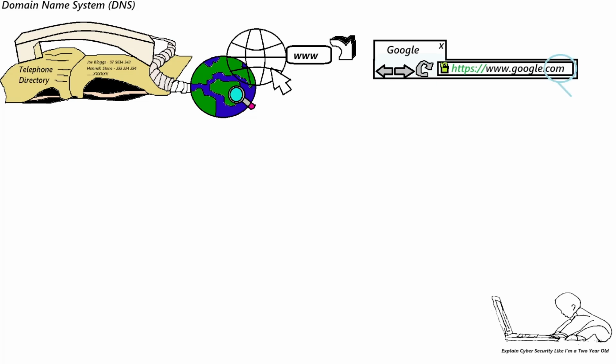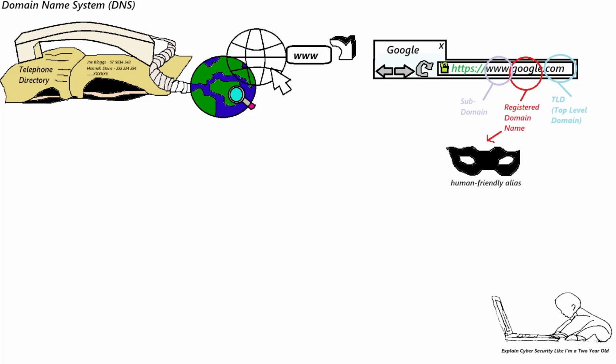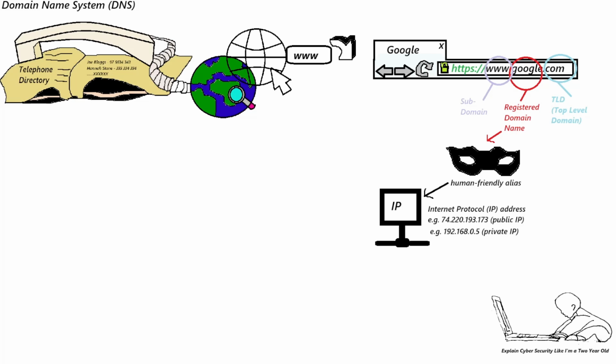Well, firstly, we need to understand three numbering and addressing concepts. It starts with a fully qualified domain name, which has three elements, as broken down below. There is the registered domain name, aka the human-friendly alias, which is the name of the website, in this case Google. But the word Google is actually an alias to an IP address, which can be IP version 4 or IP version 6, which relates to routing, explained later.